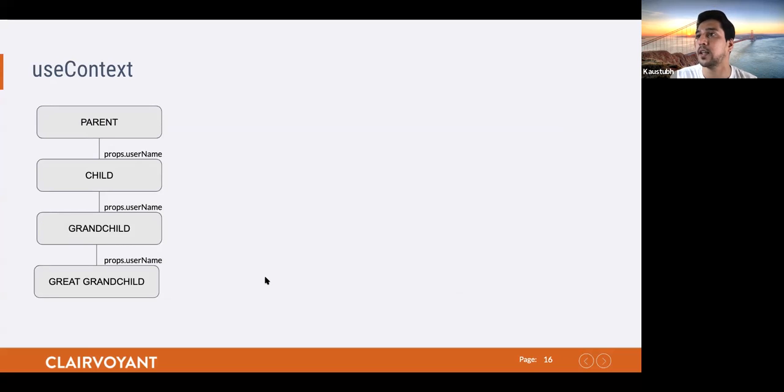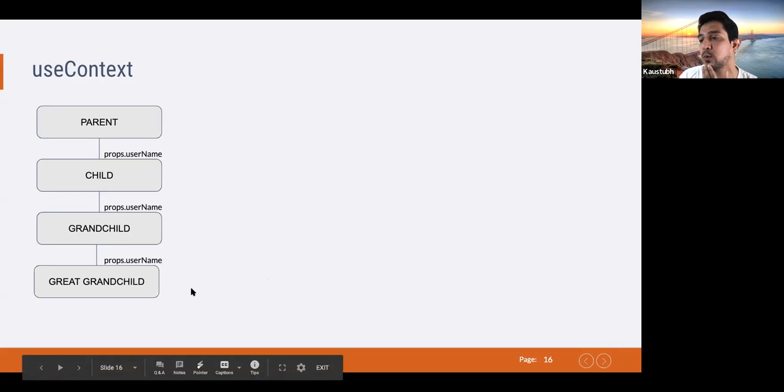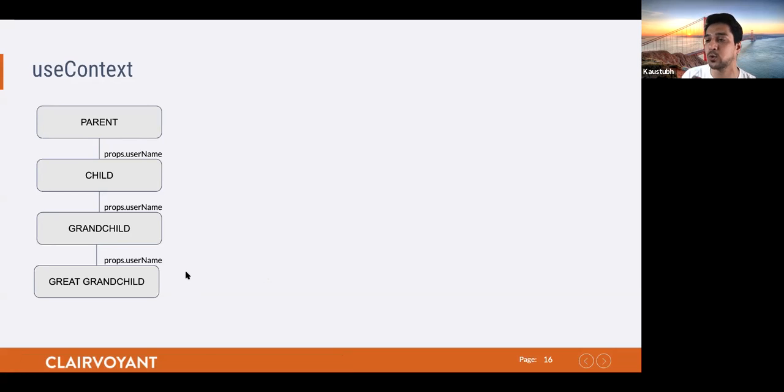So let's consider we have a parent component. It has a nested component as a child. Then the child component again has a nest of a grandchild, and similarly going on, it has a great grandchild. So you see, this is a hierarchy, and this is where the famous problem of props drilling comes in. If the great grandchild has some props which it needs to display, like in the web page example that I showed, where the header was using John as a string at the top, consider it was getting that value from a far away nested parent component.